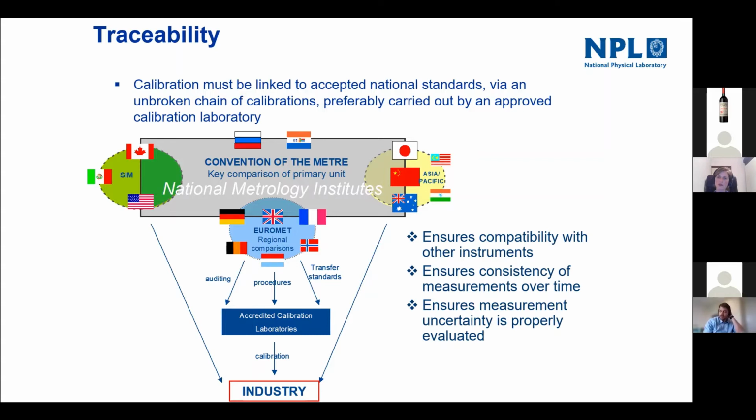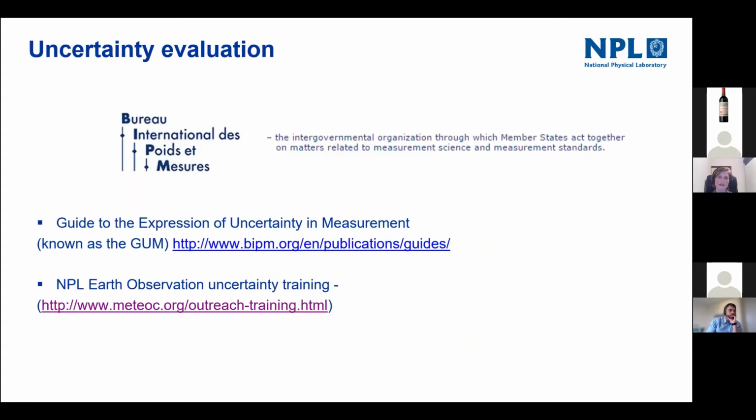So what is important for us is that scale realization is maintained over time, so it's not changing. And we very much care as well about the evaluation of measurement uncertainties. And again, we have our main document that defines the methodology for uncertainty evaluation. And again, it's very much derived from that BIPM,